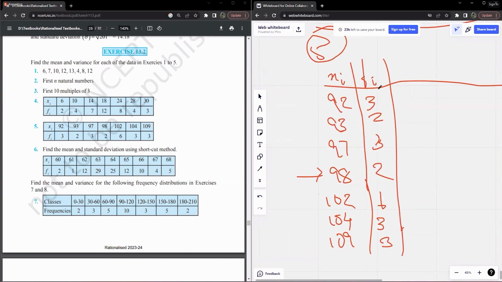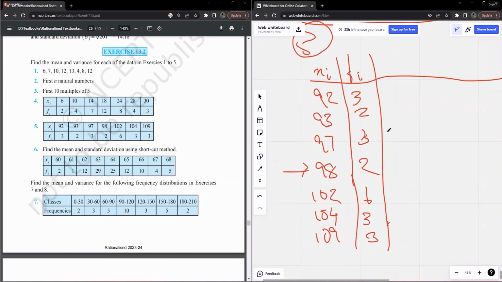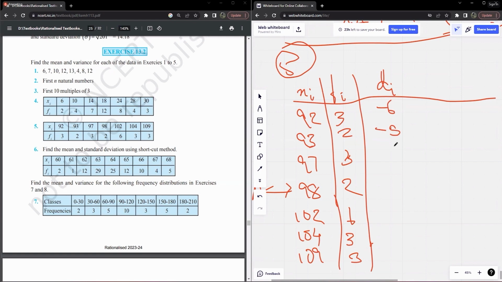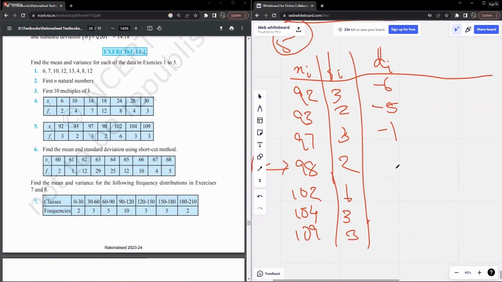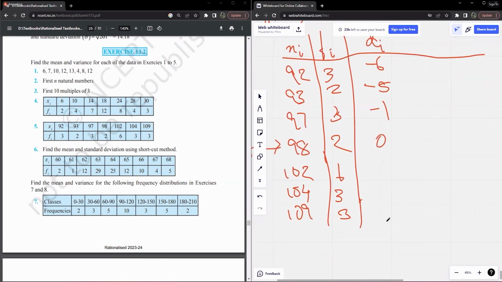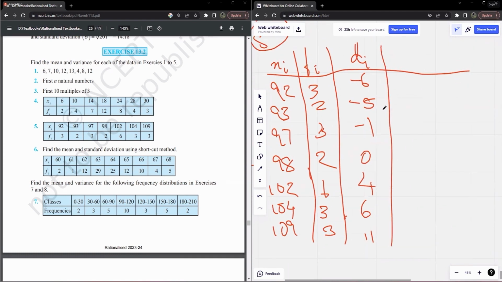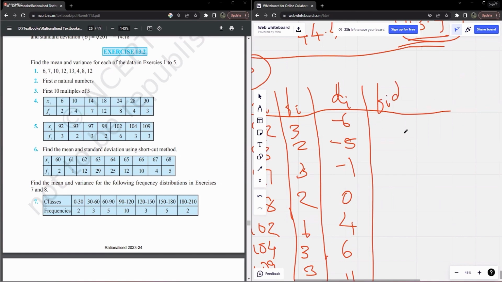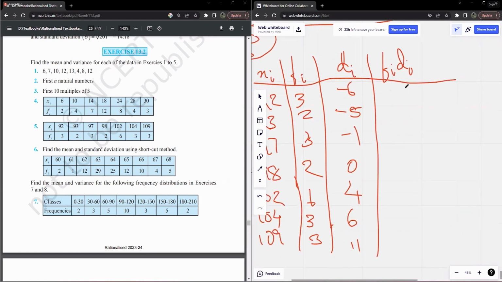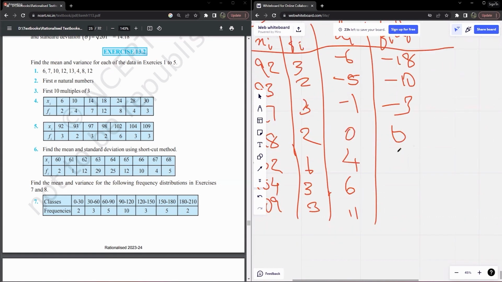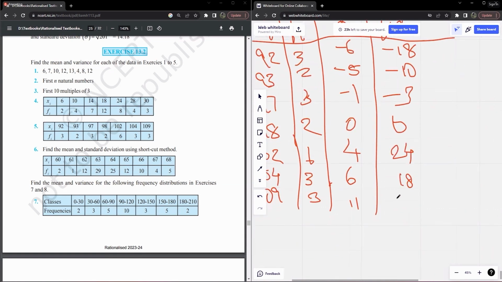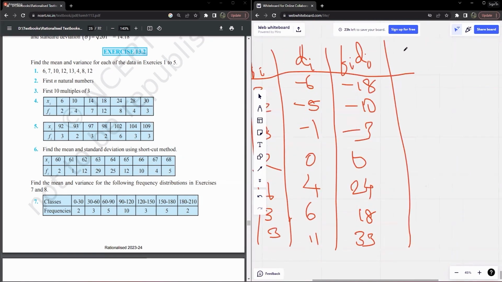That means that di's are basically minus 6, minus 5, minus 1, 0, plus 4, plus 6, and plus 11. Right? Therefore, your fidi's are going to be, this is minus 18, this is minus 10, this is minus 3, this is 0. And then you have a 24 and 18 and a 33. Right? While fidi squares